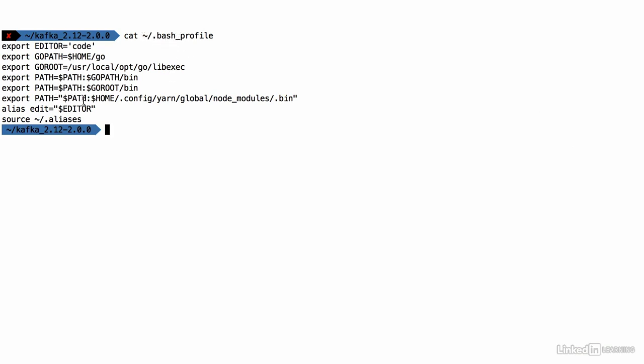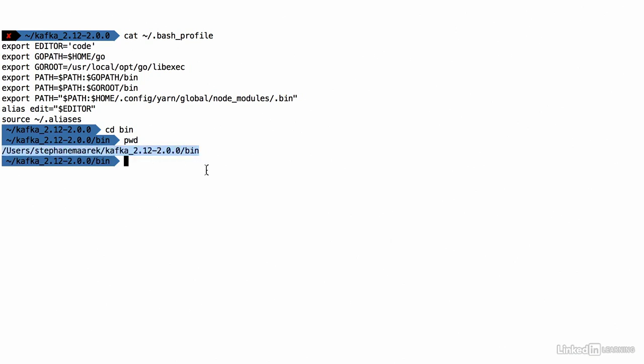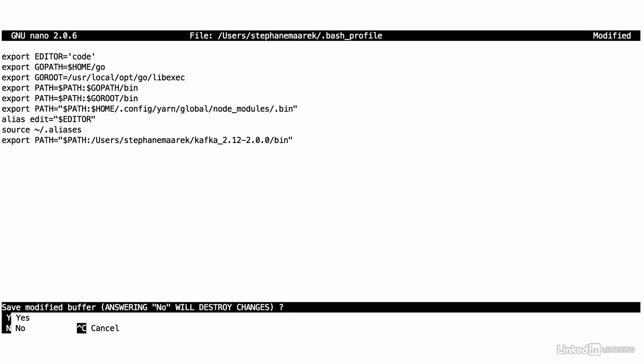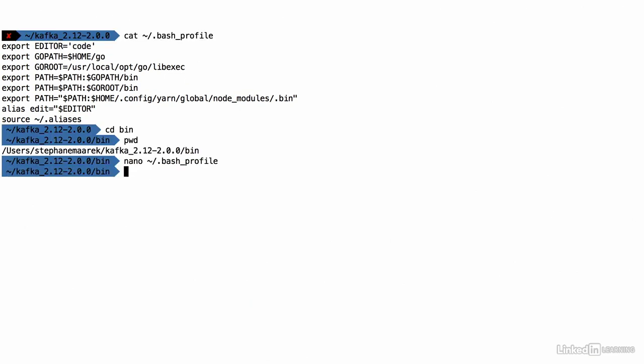The PATH is to get the commands of Kafka straight from the command line. And so for this, you're just going to edit this file. So we'll just go to my bin directory and get the full path of it. So here's the full path. And now I'm going to my .bash_profile. So nano to edit the .bash_profile file. And at the very end, I'm going to say export PATH=$PATH: and then I'm just going to add the Kafka binary path right here. Exit, yes. And now if I reopen,